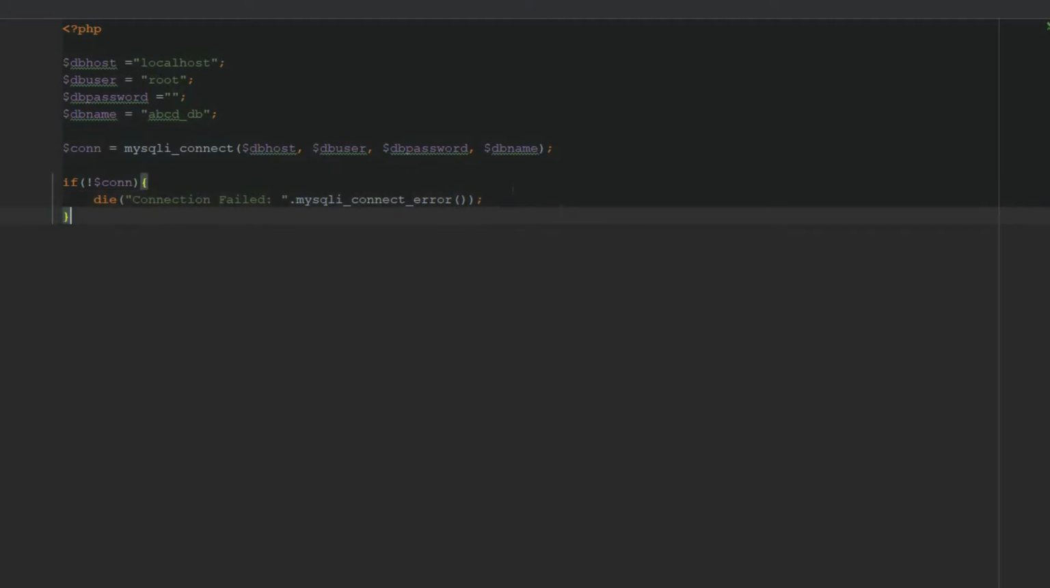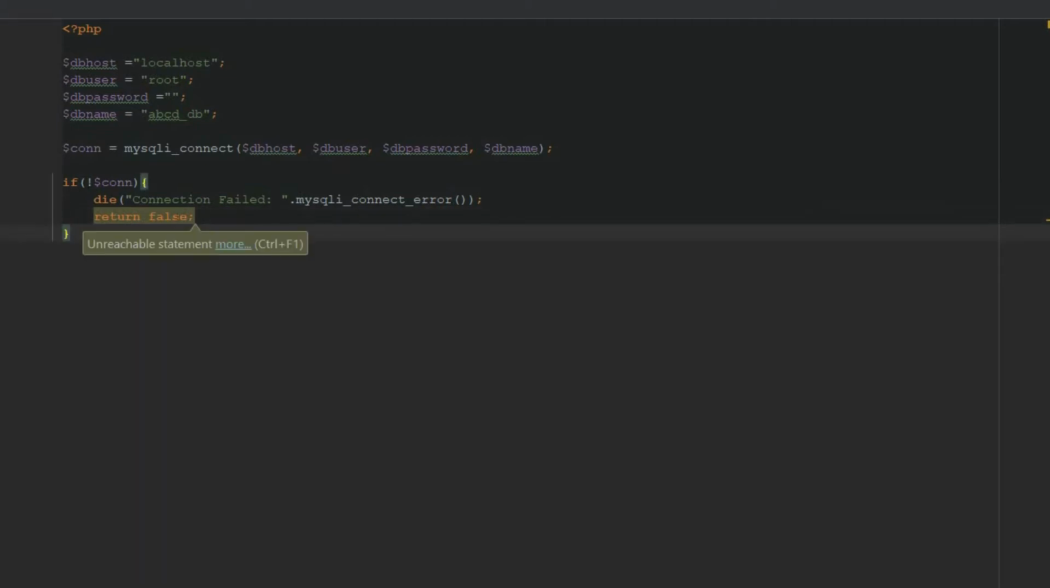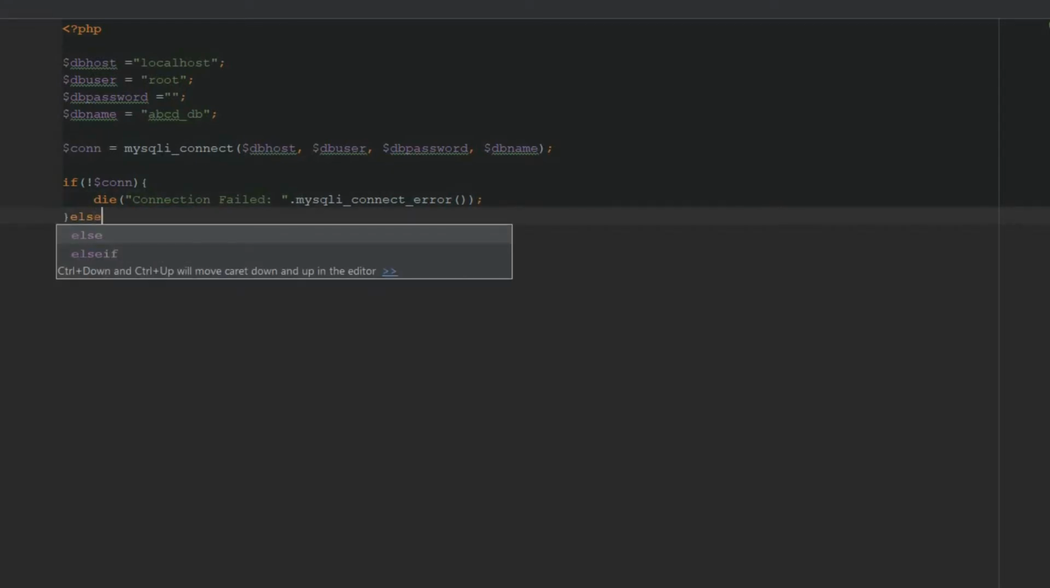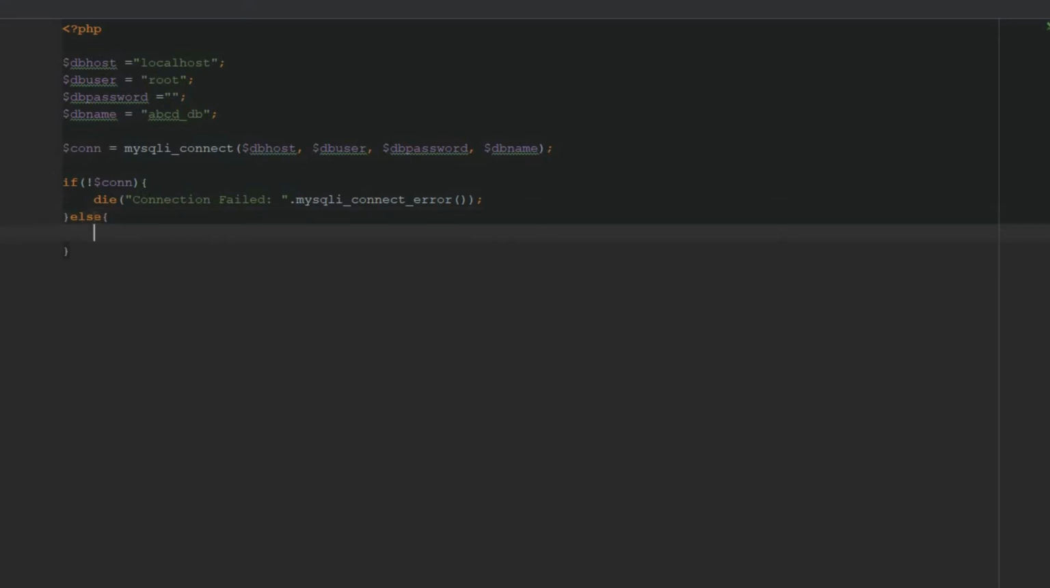Even here I can bring return false. I don't think it's allowing me to bring it here. Unable to. So let me just take this one out. Then else, it should echo some positive thing to me. So echo